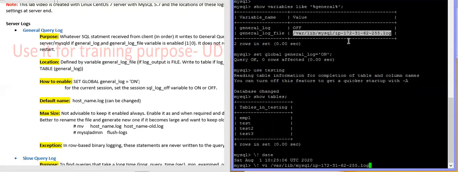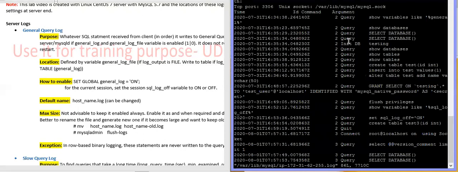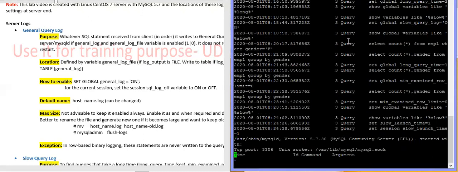Let's go to the last line. I think it did not come. Let's see.